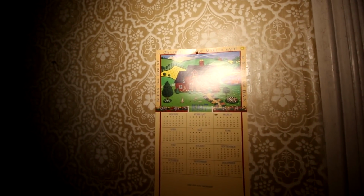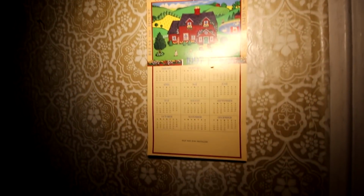Okay. Guess the battery's not dead. My light had just turned off, but the battery's not actually dead. Oh, there's an old calendar up here. 1997. Wow. It's been abandoned for quite some time then. This is a really cool setting. This old TV. What happened to it? Why is it all...